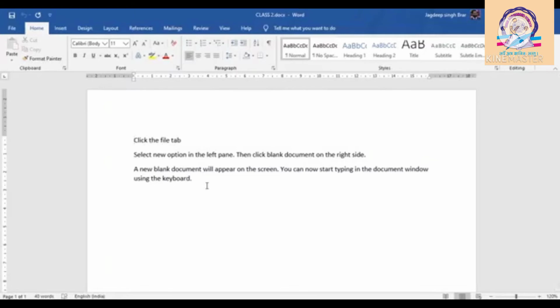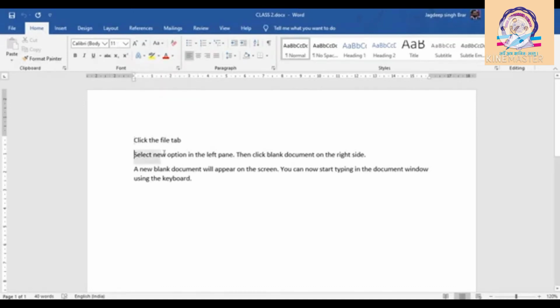Next is changing the font size and font color. Now you want to change the font color and font size. Once you have typed something in your document, you can make many changes to the text. You can either type text in a different color and size, or select a portion of the text you have typed to change its color and size. This can be done by using the Font group on the Home tab. You can change the font size and font color for the selected text by using these steps.